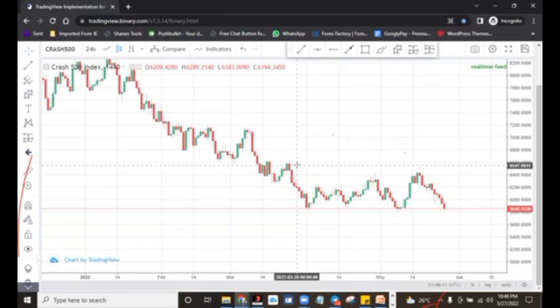Now, don't get it twisted. You can actually make $1,000 out of this market in a day. You can actually make $10,000 in a day. You can even make up to $50,000 in a day. And you should know what that is worth in Naira. So I don't need to call Naira, okay? So that's one beauty about forex trading.